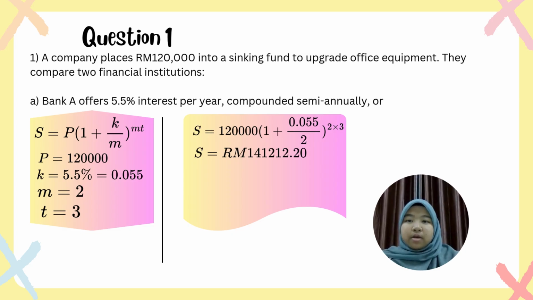For question 1, a company placed RM120,000 into a sinking fund to upgrade office equipment. They compared two financial institutions. Question 1A: Bank A offers 5.5% interest per year, compounded semi-annually. The formula used is S equals P times (1 + k/m)^(mt). P equals 120,000, k equals 0.055, m equals 2, t equals 3. Just put all of this into the formula and you will get the final answer. S equals RM